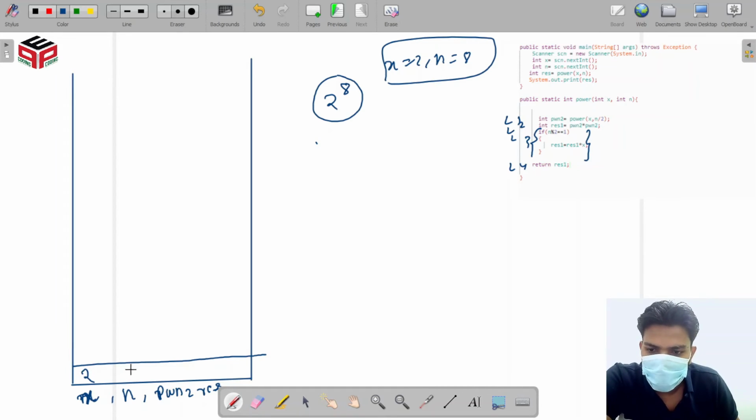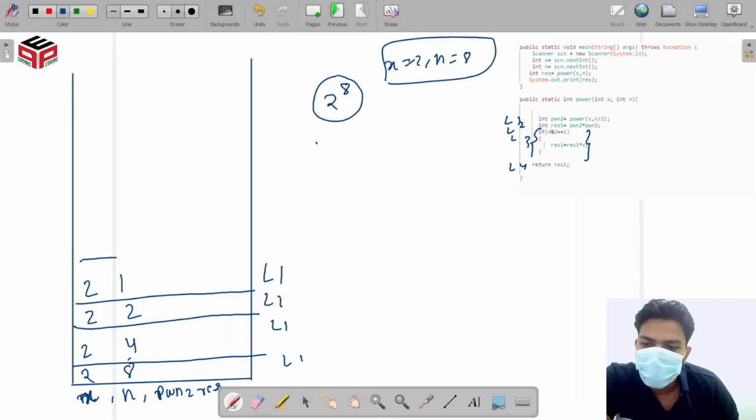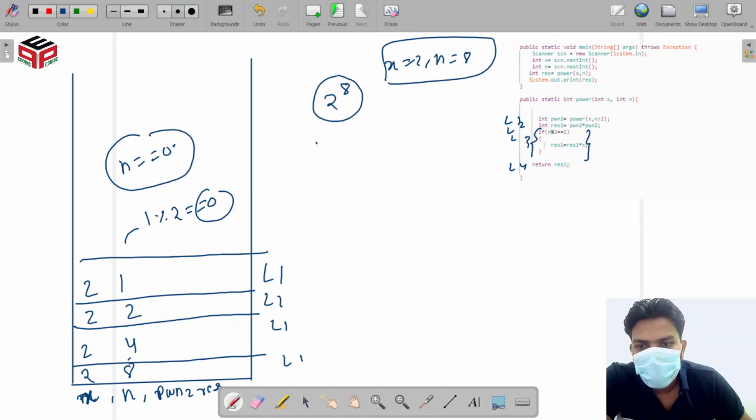Here x is 2 and n is 8, and when line number 1 runs, x is the same, 2, and 8 becomes 4, and we call the next function. Then 4 becomes 2 and we call the next function with 2, and then 2 becomes 1 and we call the next function. When line number 1 runs in this function, 1 becomes 0, because 1 divided by 2 is 0. At that condition we have to return. When n becomes 0, then we have to return